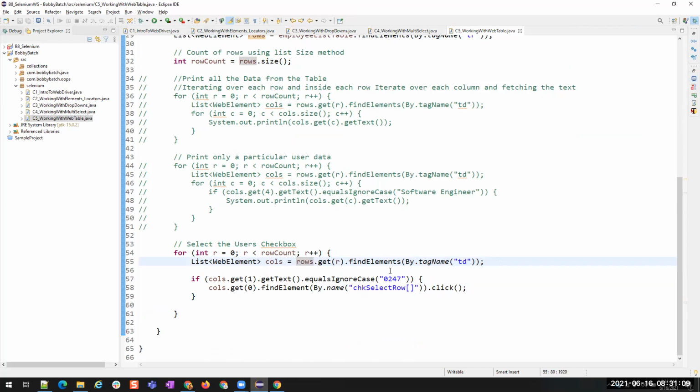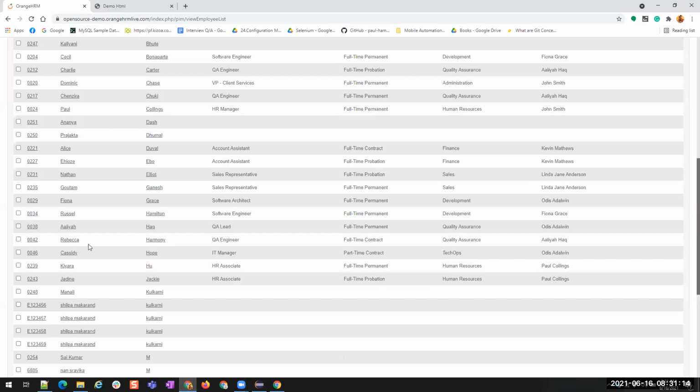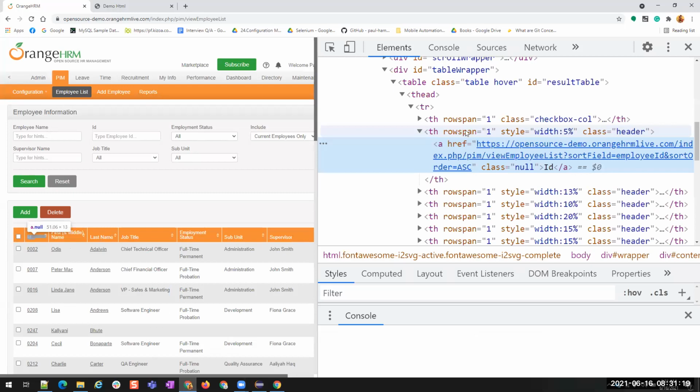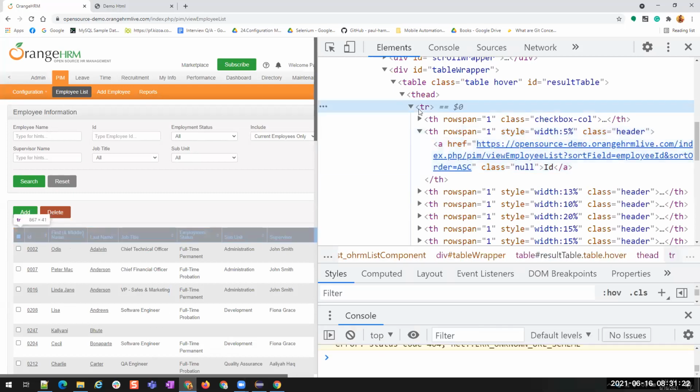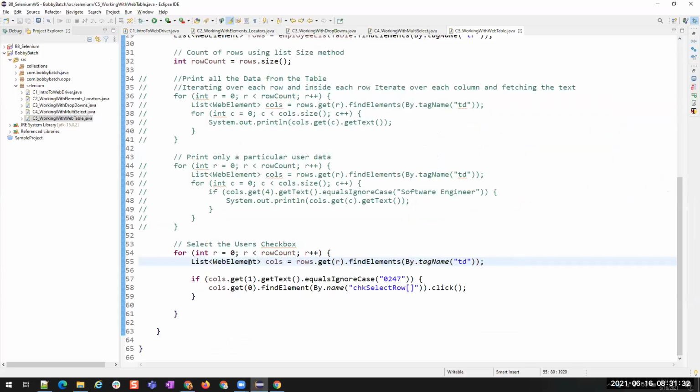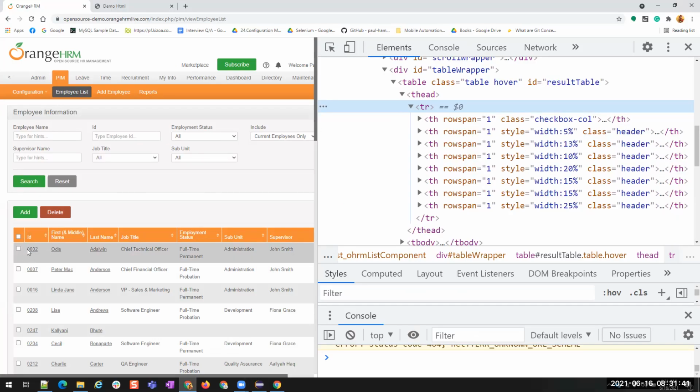See, what is the issue here is, when I say all rows, it is also checking this. But do we have any TDs inside this? We have THs, right? Yeah, in the 0th row. So that's why it is saying index out of bounds. So we have to start these rows not from 0, but from 1, so that it will start searching from here. Okay, let's run it.